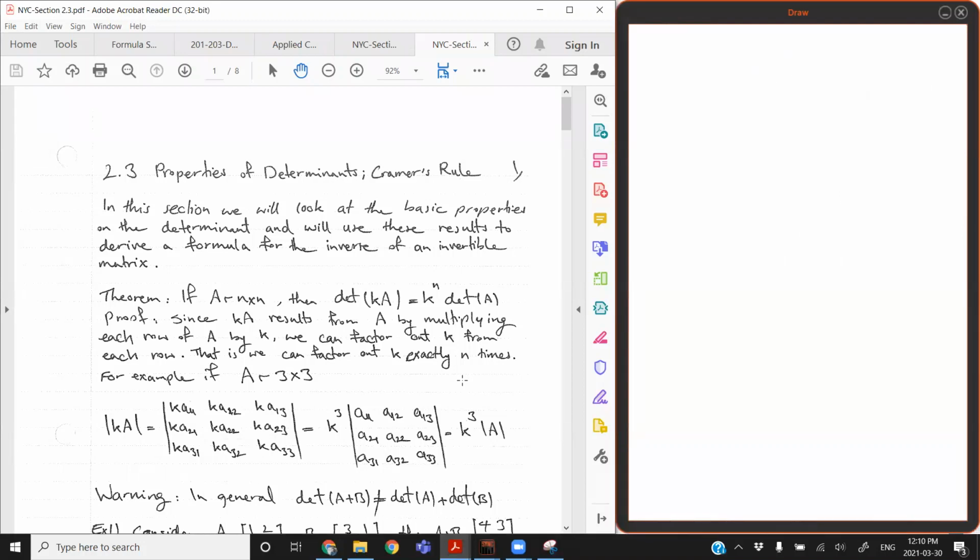2.3 Properties of Determinants and Cramer's Rule. In this section, we will look at the basic properties of the determinant, and we'll use these results to derive a formula for the inverse of an invertible matrix. So that's probably the most important thing we're going to do, because so far we don't have a formula for